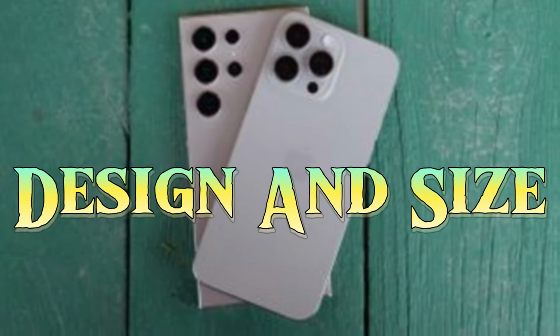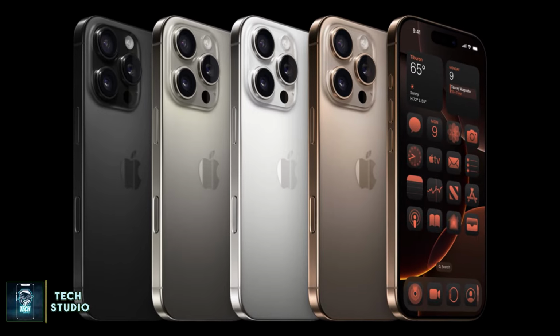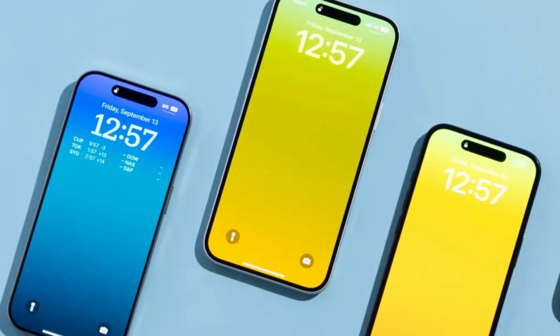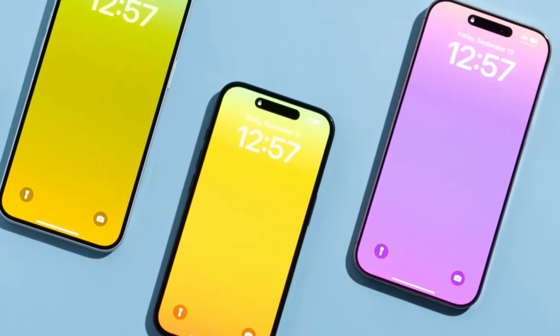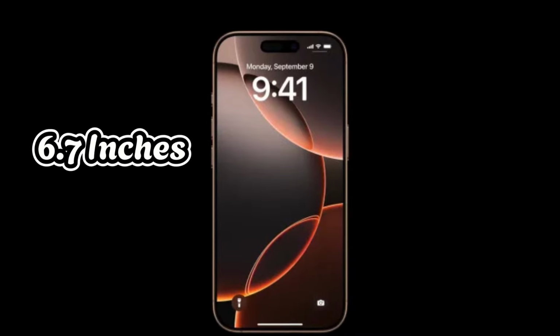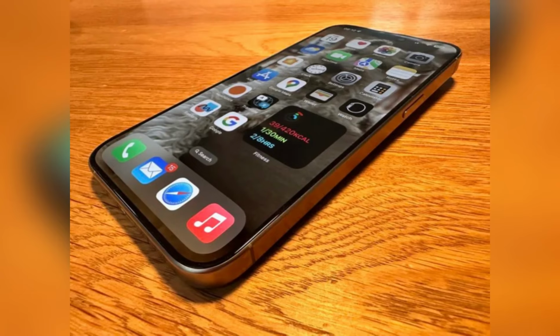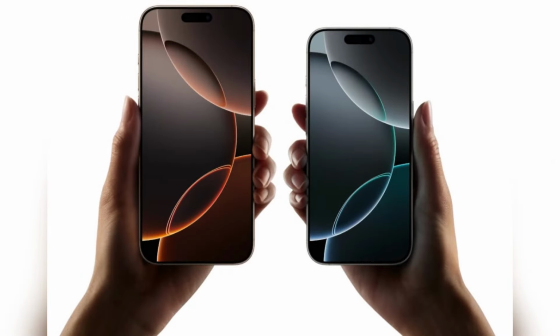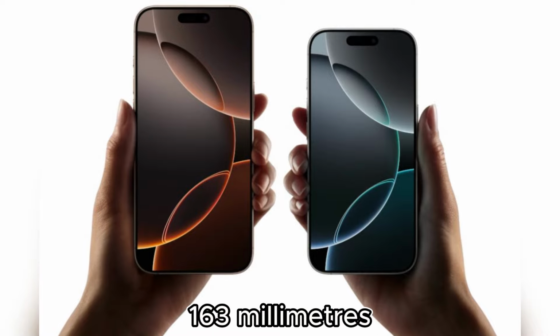Design and size. As expected, Apple's iPhone 16 Pro Max doesn't deviate much from its predecessor when it comes to design. The rectangular shape, soft corners, flat sides, and dynamic island pill-shaped cutout remain. This year, however, the screen has grown from 6.7 inches to a massive 6.9 inches, making it the largest display ever on an iPhone. Its bezels are even thinner, but the overall dimensions have changed slightly, measuring 163mm by